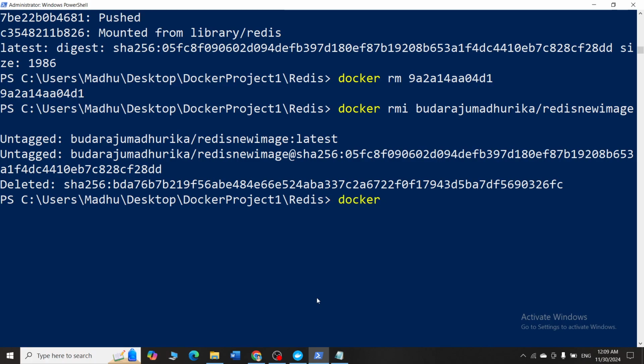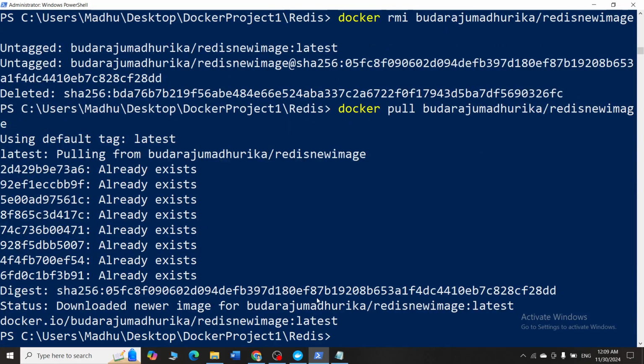So I'll say docker pull Budharaju Madhurika / I'm forgetting the name, Redis new image. So you can see that the latest image is being pulled. How nice that whatever I have pushed is now successfully being pulled.